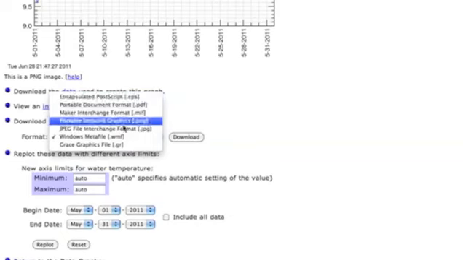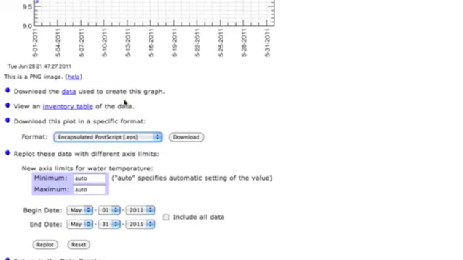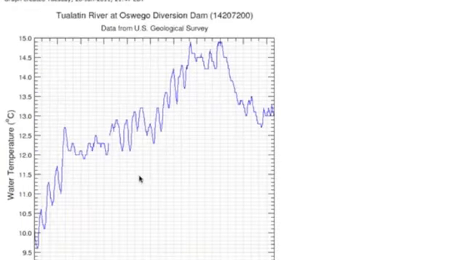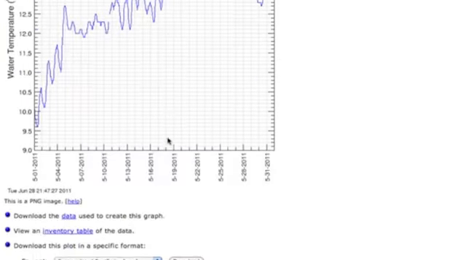Another option is to download the actual graphic as shown on the screen. You can choose one of 7 different vector or raster formats, including Windows Metafile, JPEG, PDF, or PostScript file. Lastly, if you do not like how the data was plotted, you can adjust the displayed graph with a number